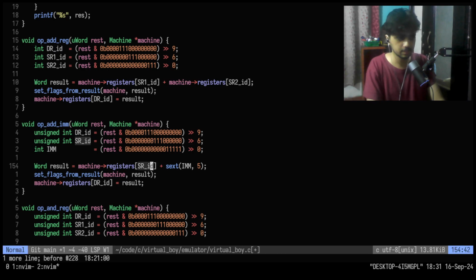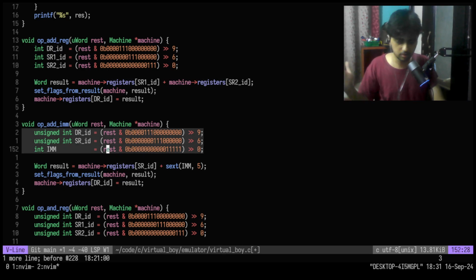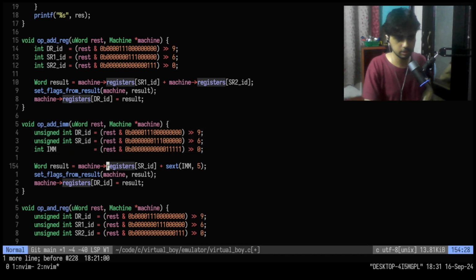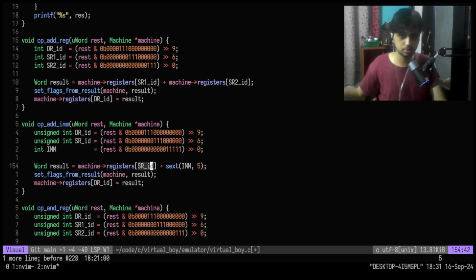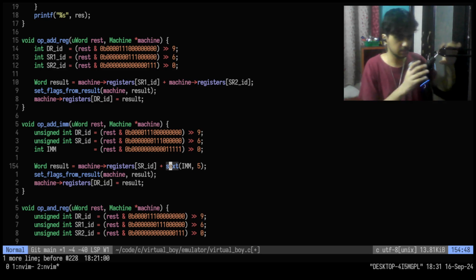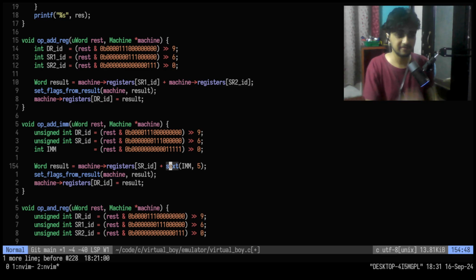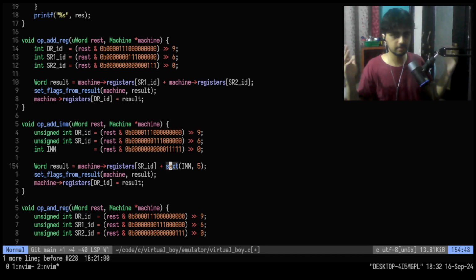It's very simple, right? So we do that exact thing here. We first extract all of those things, right? Then what we do is we calculate the result by taking the machine's register source ID, right? Then this function that sounds sus, right? I should have named something different, but this is sign extend. The reason why you have to sign extend something is because it's a 5-bit value, but it's also signed. It's a signed 5-bit value, right? And when you want to add signed 5-bit values to any other value, you have to make sure to extend